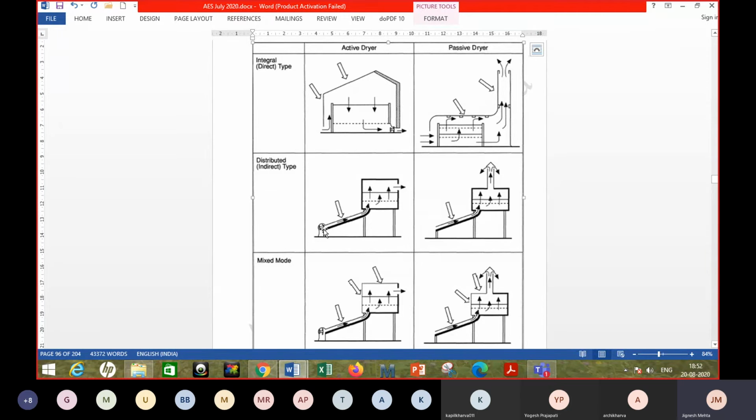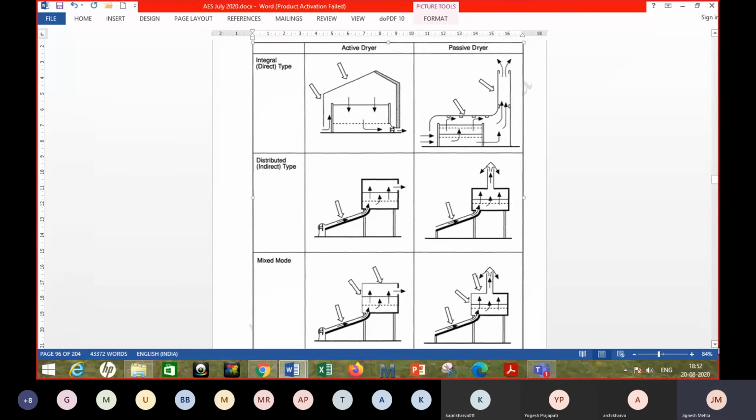So because of that, what you are doing is keeping it in a closed container, and you are producing hot air, so this is basically an air heater, and then the outlet air coming from that is passed through this chamber where you can have multiple layers of perforated plates, and over that you have kept the product, and the hot air is passing through that and picking up moisture from it and drying that product. Right, so this is when you have a fan, and this is when you don't have a fan, so you want to produce draft. For producing the draft, you are using this chimney.